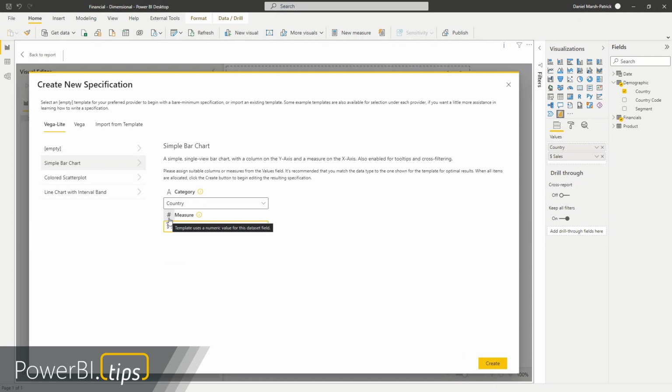So basically we've got text, numbers, or date and time. From an underlying perspective in Power BI, it really boils down to those three. Now, at the moment,